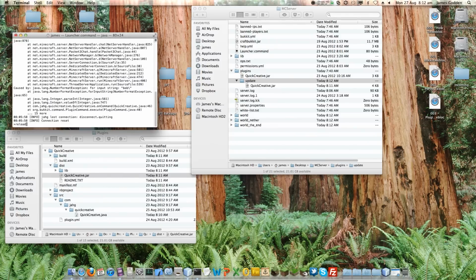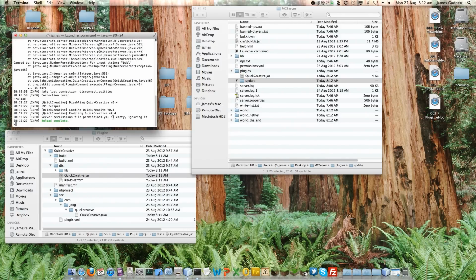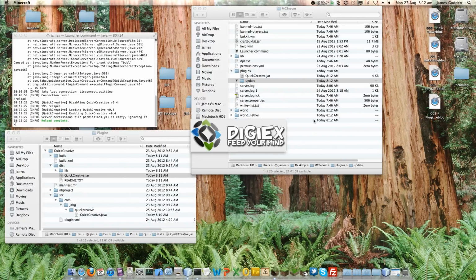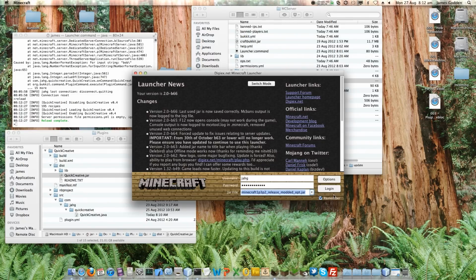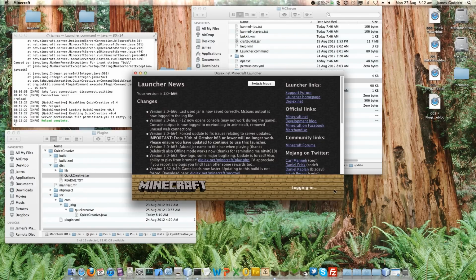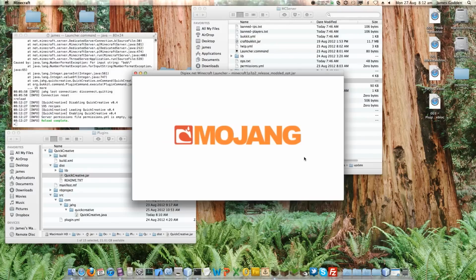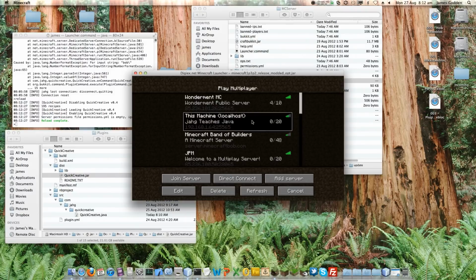If I reload this, there we go, reload is complete. It disabled that version, re-enabled itself, but it's been updated with the new one. I should be able to run this now and connect again, and we should see that this time we've got a plugin that is hopefully uncrashable. That's the goal we're looking for in any code anyway, to make it uncrashable.